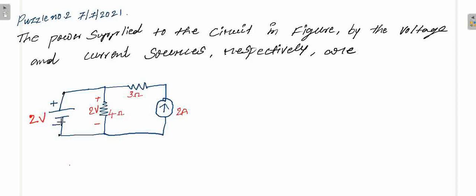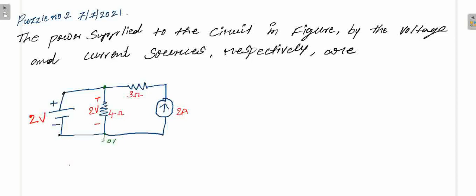This is ground, this is your reference point. So you are having 0 volts. If I want to get the 2 volts drop, I need to have 2 volts here. That is your 2 volts potential and 0 volts potential. Then 2 minus 0 becomes your 2 volts. So at this point, what is the voltage? At this point, the potential becomes 2 volts.